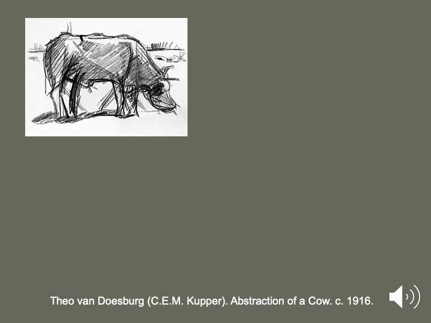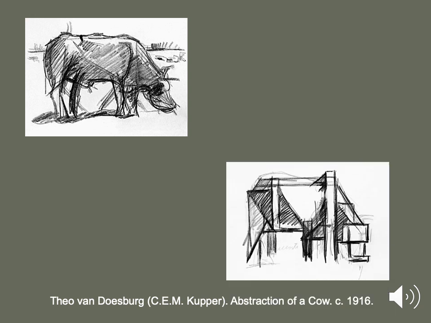Sometimes artists will start from a place of representation and they'll work their way into abstraction and even into non-objective art. So I just wanted to quickly show you an artist who does that. This is Theo van Doesburg. This is his abstraction of a cow from 1916. So the first image that we're looking at here in this series is pretty representational. You can see a cow, and you can see shadow and light. You can see the proportion. You even have landscape elements in the background.